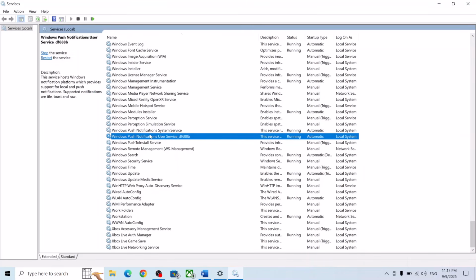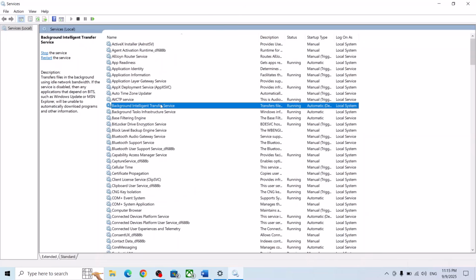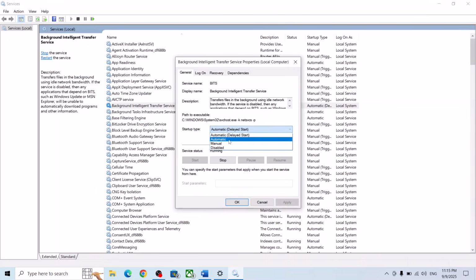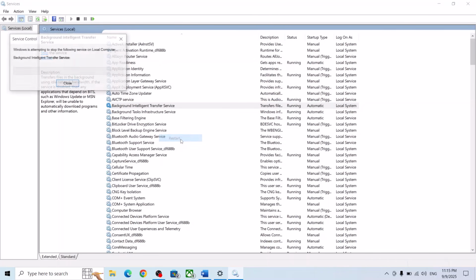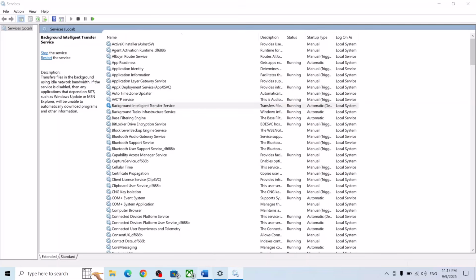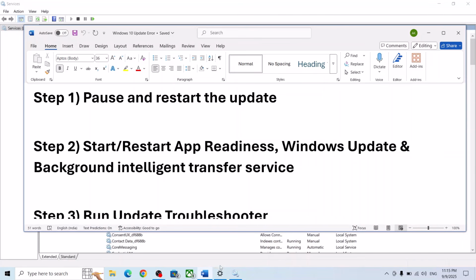Now find background intelligent transfer service, make a double click, set this to automatic, click on apply, click on start if highlighted, then click on OK. With this selected, make a right click, click on restart and then you can check. Still not working. The next step is to, now before that,